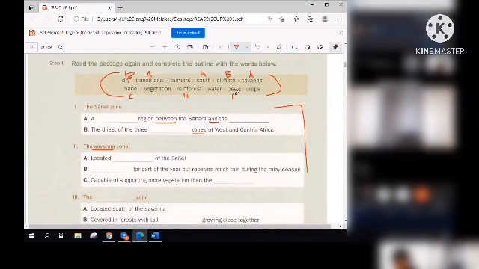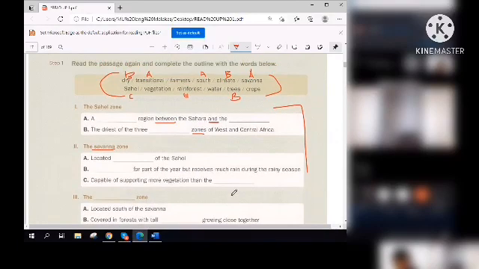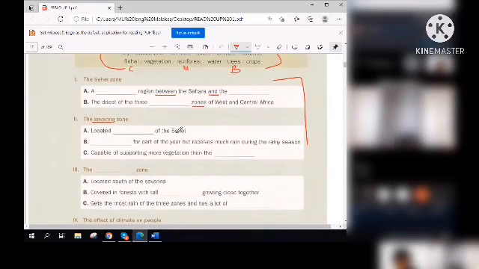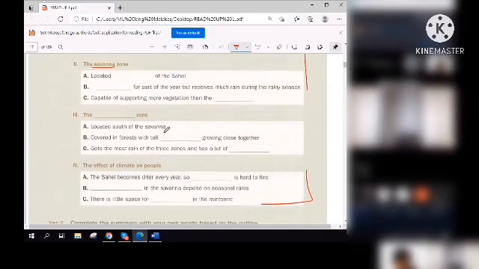Trees. Very good. And the last one has a lot of vegetation. We're almost done. A, the Sahel becomes drier every year, so blank is hard to find. Water. Letter B, blank in the savannah depend on farmers. Farmers. And the last answer is crops.